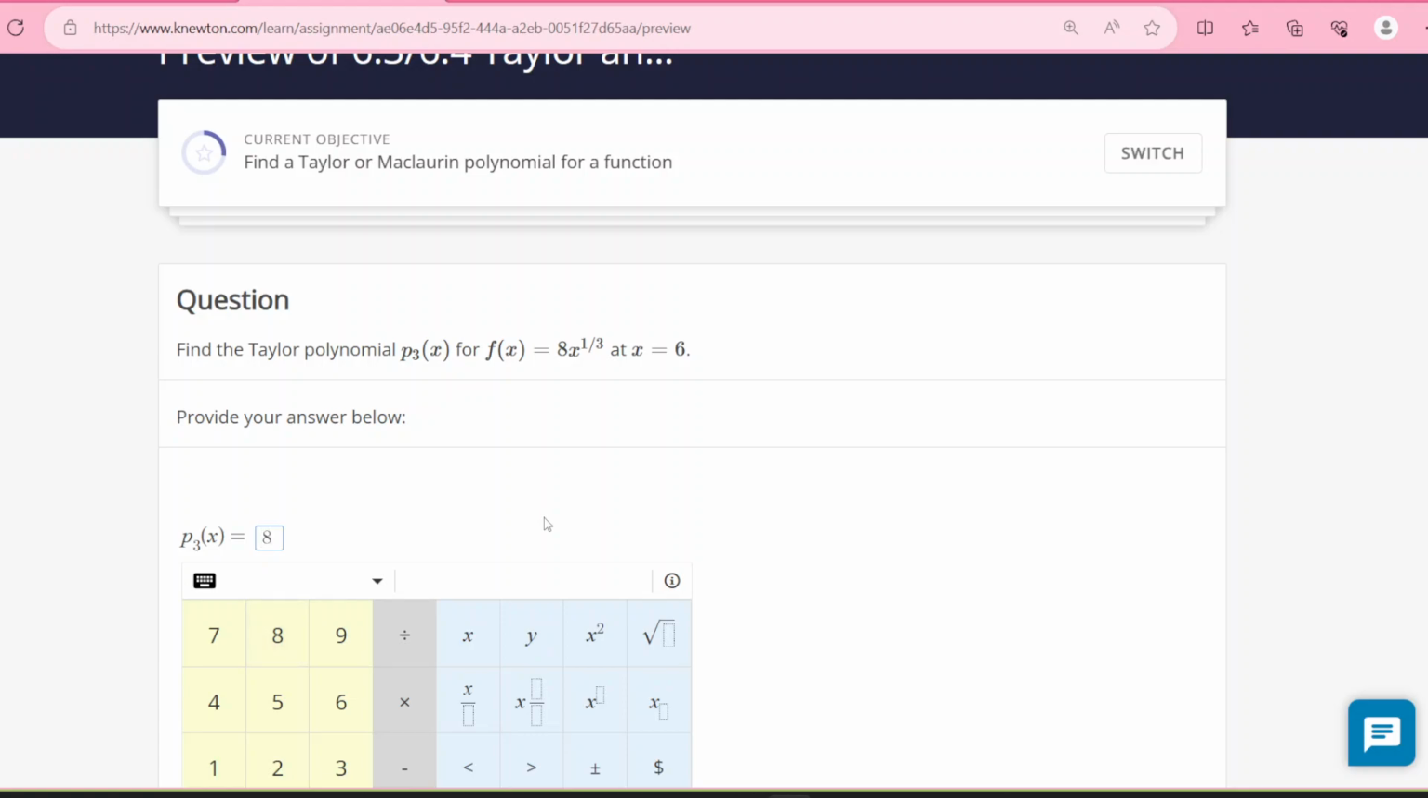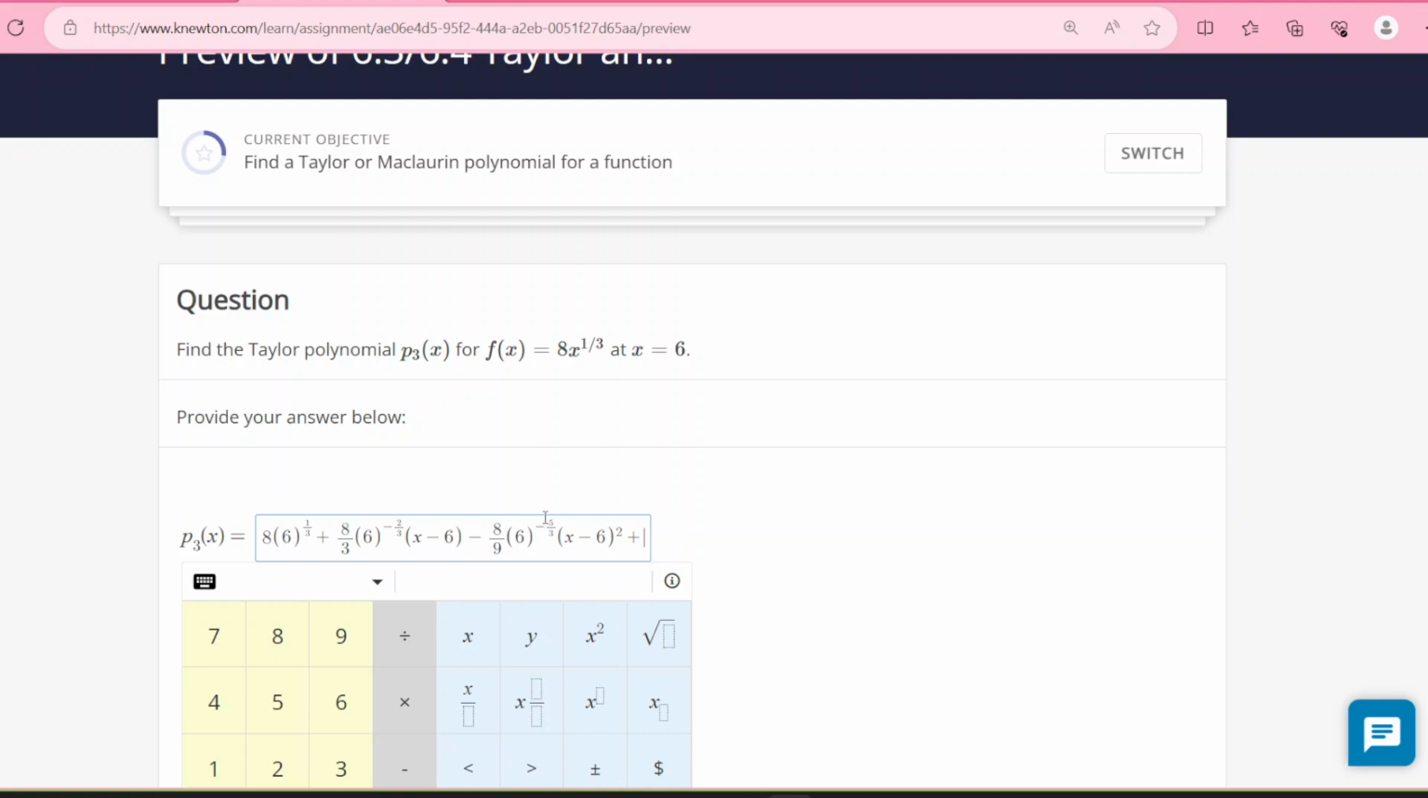So 8 times 6 to the 1/3 power, plus 8/3 times 6 to the negative 2/3 power, times the quantity x minus 6. Then minus 8/9 times 6 to the negative 5/3 power, times the quantity x minus 6 squared. And then finally, plus